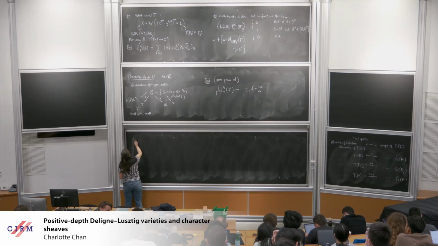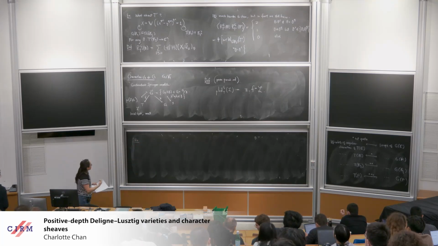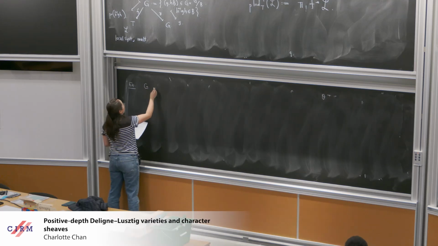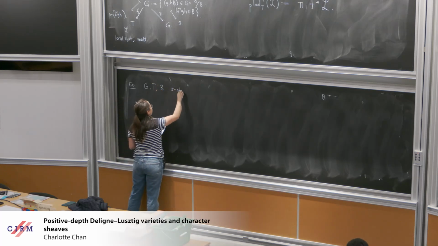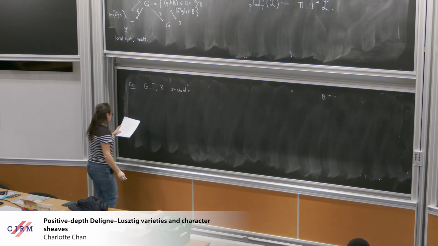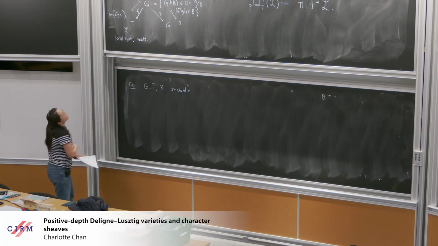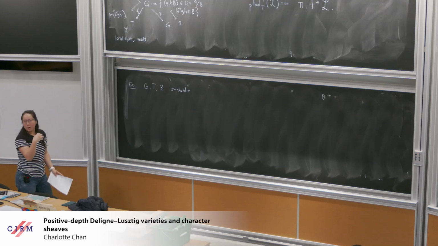So say I'm in this kind of nice situation, like the sigma for GL2 and not the sigma prime of GL2. So this is a situation where I have my G and my T, but also my B is sigma stable. Then this sheaf to function dictionary that I described at some point earlier has many natural properties,